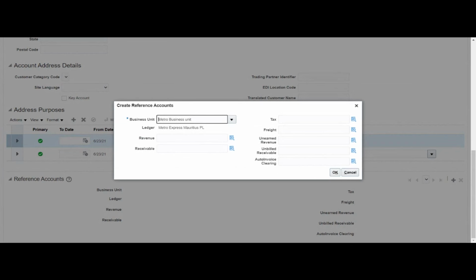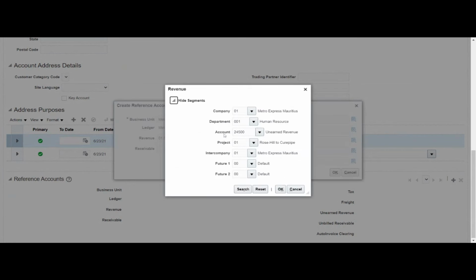So let me give the revenue and receivable account alone, and I'll save this record.